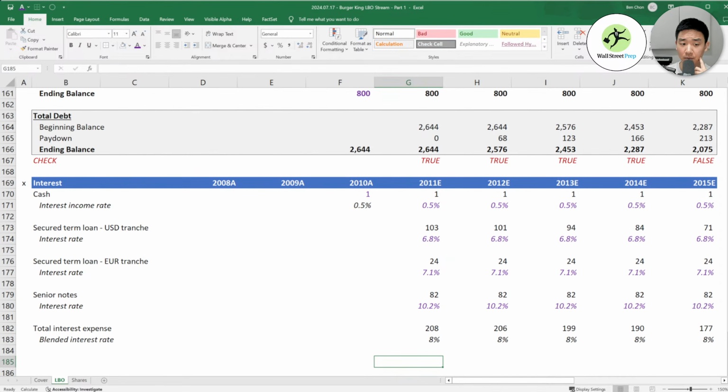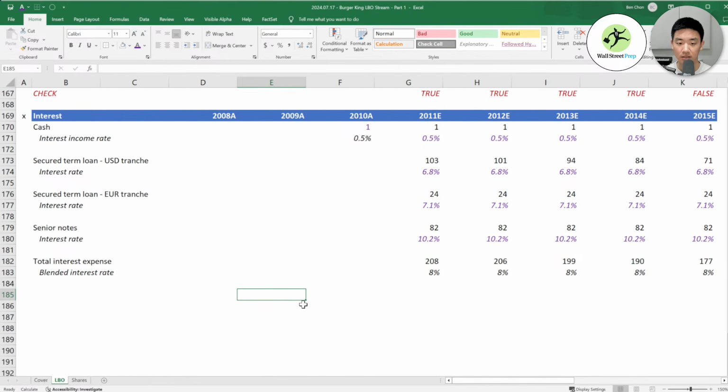Let me just explain that circuit breaker thing one more time. So you have all these interest line items and there's circularity in your model, right? I'll just write it down because I know this is really confusing when you're first starting. Your interest in general, including your interest expense and income, affects your net income, which affects your levered free cash flow, which affects the amount of debt you pay down, which affects your interest expense or income.